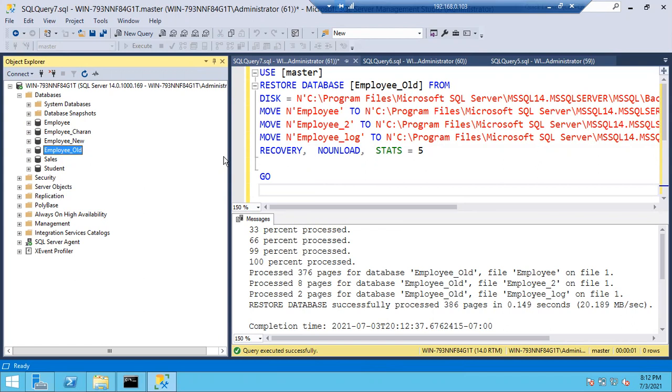Got it? This is how we are going to edit the restore scripts. Make sure you edit in a proper way, otherwise if you miss even one point or one letter, it is going to throw an error, or it is going to restore in a different scenario, which is not good, right? Again you have to do the same work.